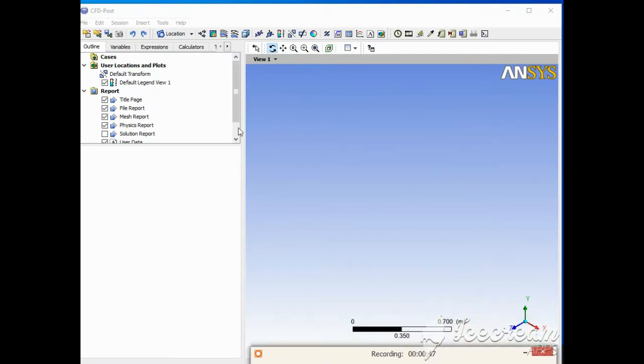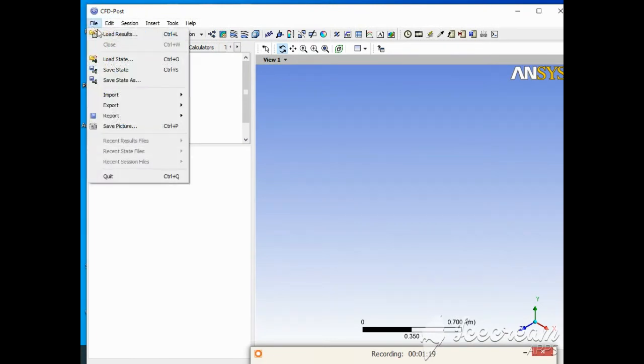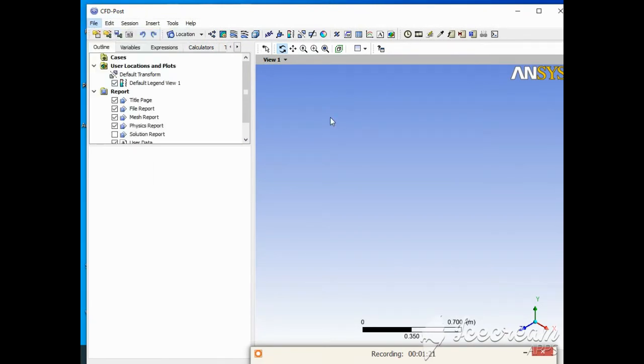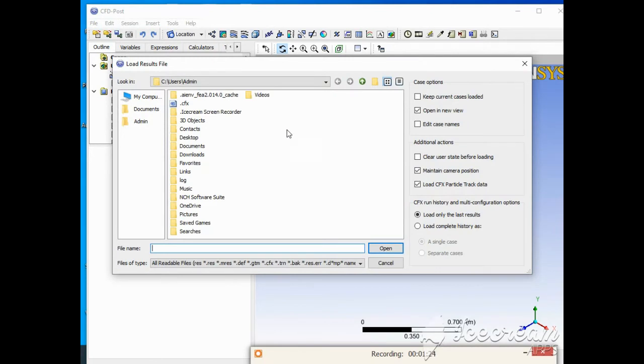So welcome to our grid independent study tutorial. We will move further to our third part, CFD Post, that is post processing. We did our 2 steps, that is writing files of mesh with global scale factor, and then in the second part we solved it in the solver. The next part, we will load those results in CFD Post.